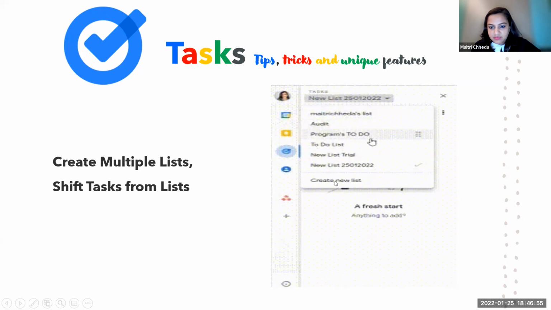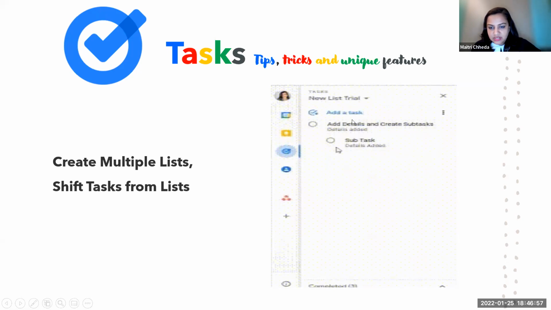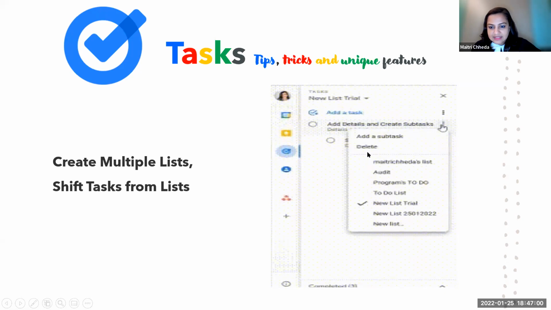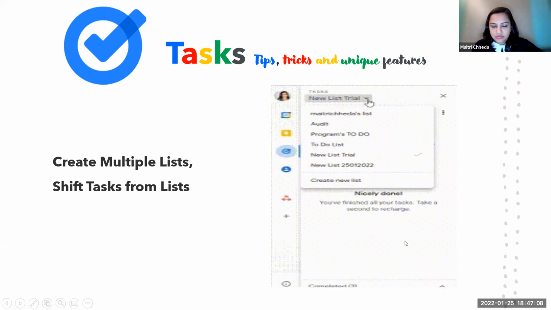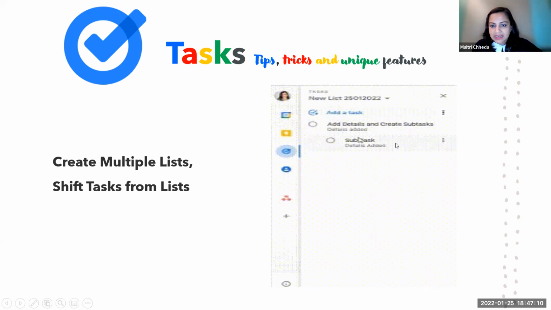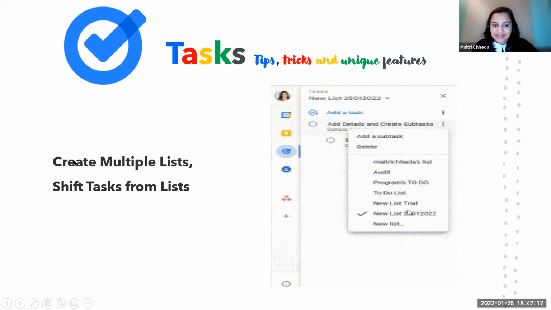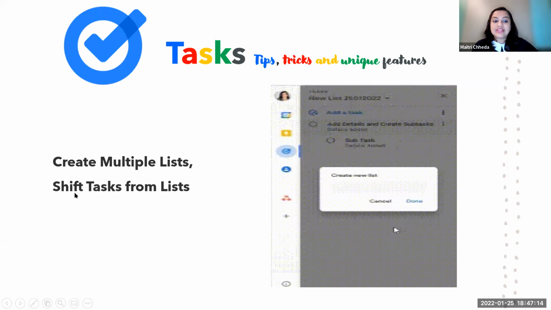Then you add a task, or you shift a task to this. You just simply click on this task and shift the task. That's all. It's very intuitive. You simply click around, and you will find everything. So you can create multiple lists, and you can shift tasks from various lists.